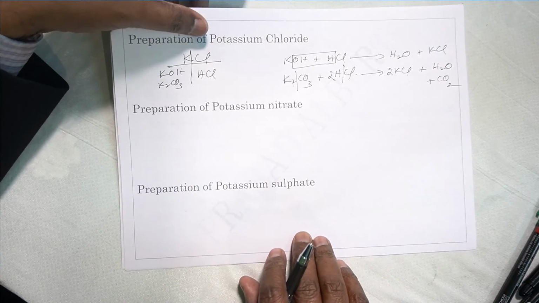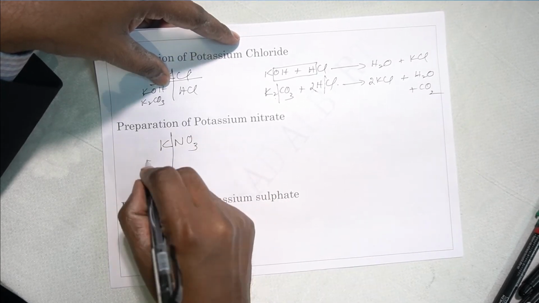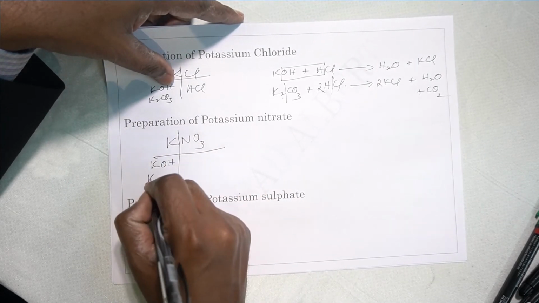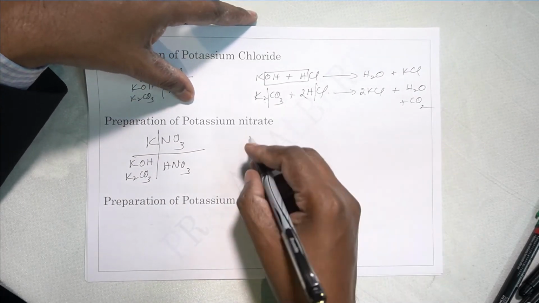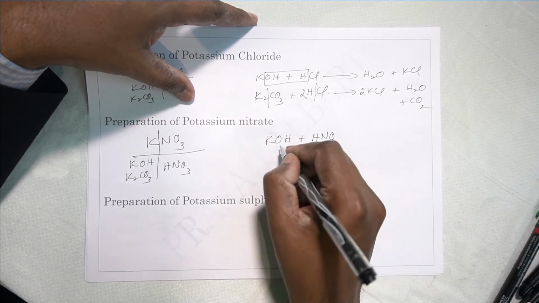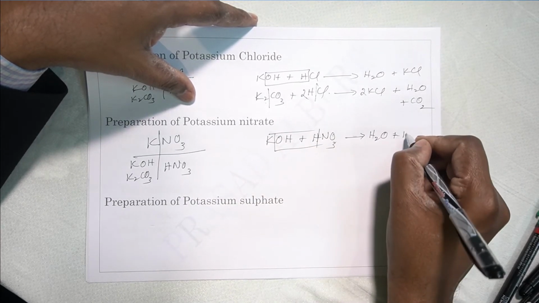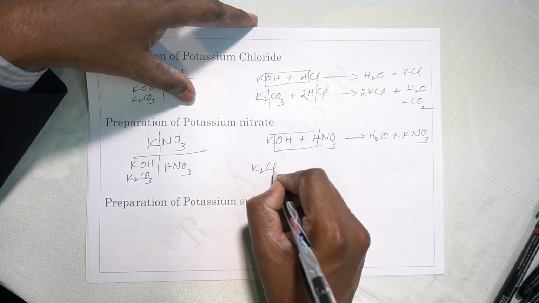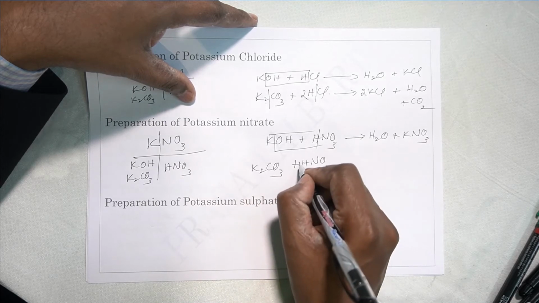Then we have potassium nitrate, KNO3. Split, come on. What alkali will be there? KOH and K2CO3. The acid will be nitric acid, HNO3. Nitrate is required. So let's make two equations, KOH plus HNO3. OH and H will form water plus KNO3, potassium nitrate salt, obtained. Suppose you take K2CO3, potassium carbonate solution, plus HNO3. 2 potassium, so there will be 2 HNO3, right?